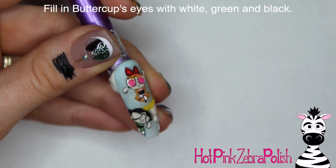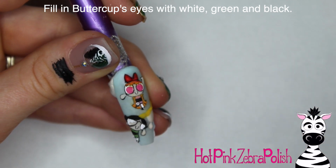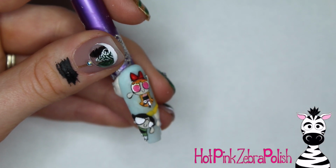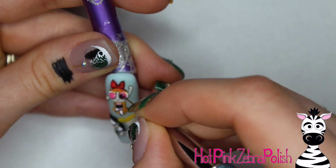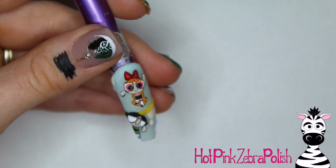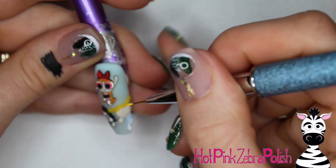Now on Blossom, as you could see, they were very symmetrical. Her whole face was symmetrical. With the other two, that's not the case because they are facing a little bit to the side. So they aren't as, I don't want to say they're not as easy to paint, but they're not as symmetrical. So you have to kind of balance the design to keep them looking the right direction. Then you're going to want to go back through and add a little bit of black in Blossom's eyes,